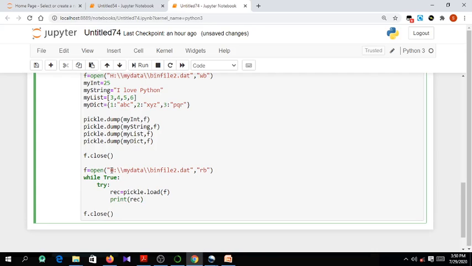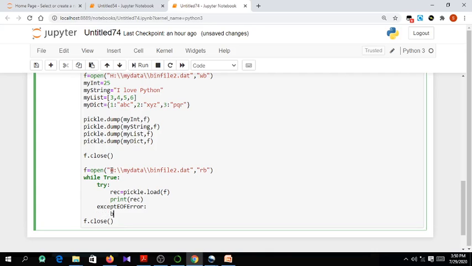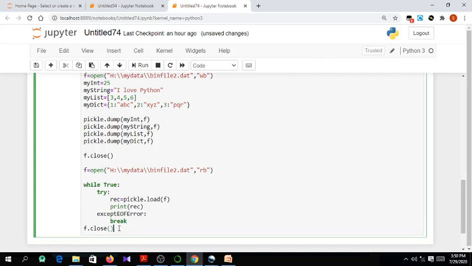This will go on. Except EOFError, the end of file error. Whenever there is an end of file error, we are going to break from the loop.